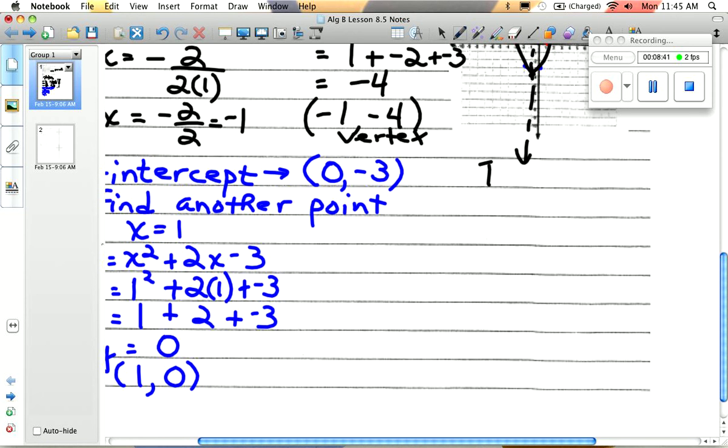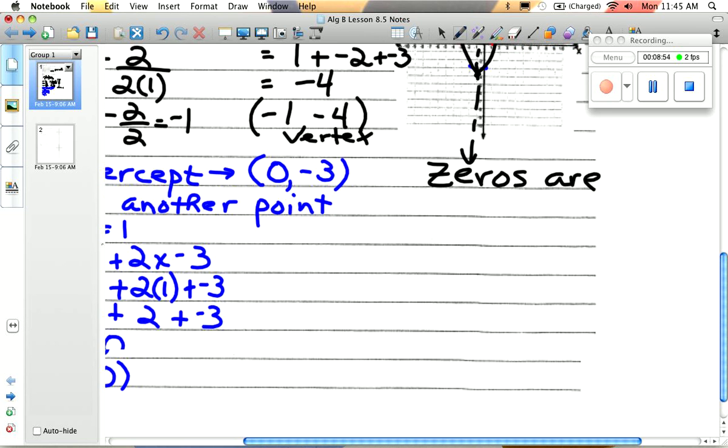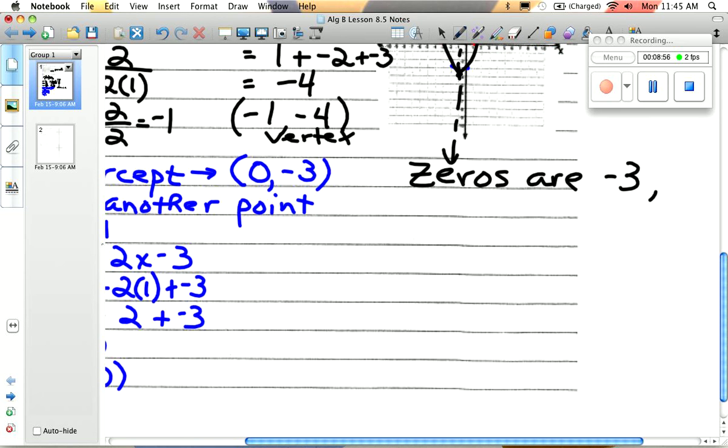So underneath your graph, I want you to write, therefore, okay, well, no, let's do this first. Let's say, the zeros are what? -3 and 1. Okay, zeros are -3, comma, and 1. Don't put those in parentheses because that makes it look like an ordered pair. Those are the 2 x values where the parabola is crossing the x-axis. So our zeros are -3 and 1, so we're going to say, therefore,